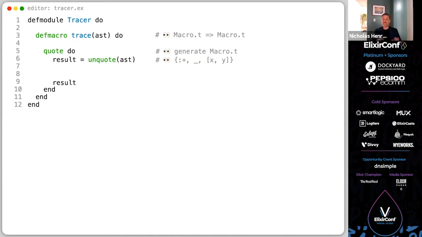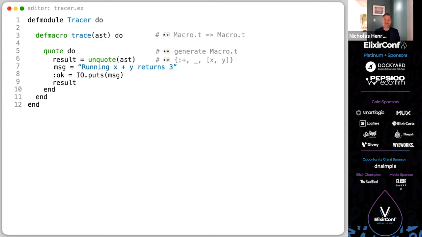Okay, so if we left it like that, that would be fine. Our expression would get returned as the AST. At runtime, that would get invoked. So we have no change in behavior. Next, we want to trace an expression, know what the expression is and the result, and print that to standard out. So just to hard code that in, here's our string. You can see that we have our x plus y expression and returns 3.